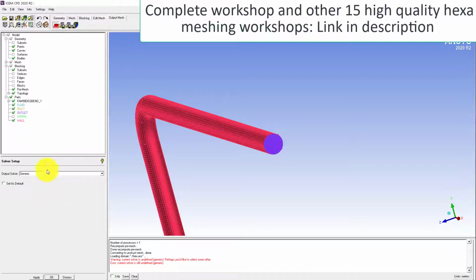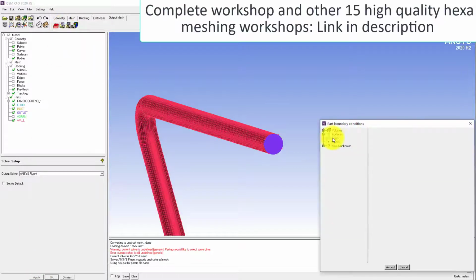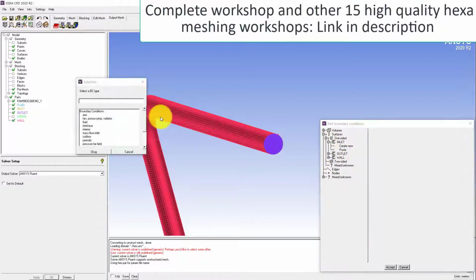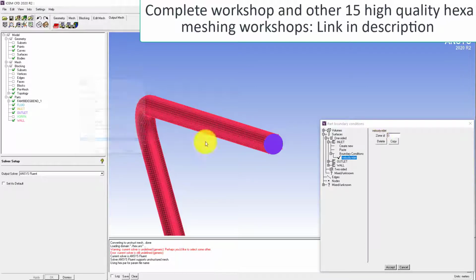So we have the solver here, which is generic, so change it to Fluent. Okay, I think we have ANSYS Fluent here. Apply and set boundary conditions. For inlet, I will be using, for the CFD analysis when I run this in the other course, the velocity inlet.